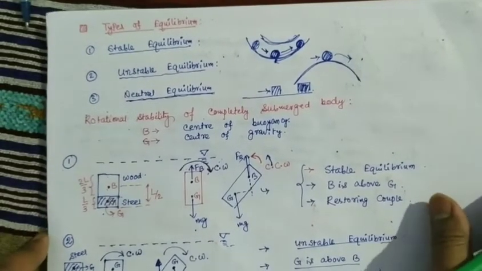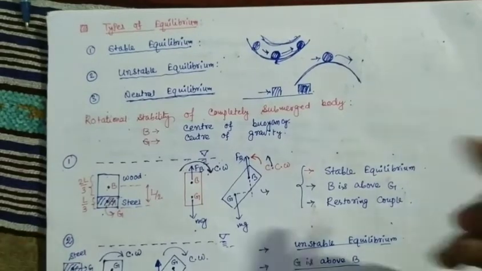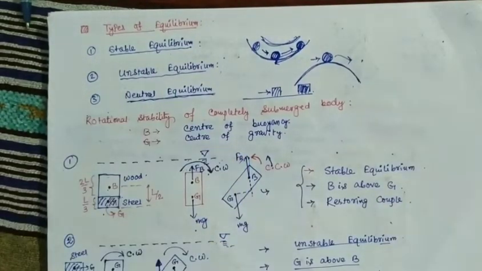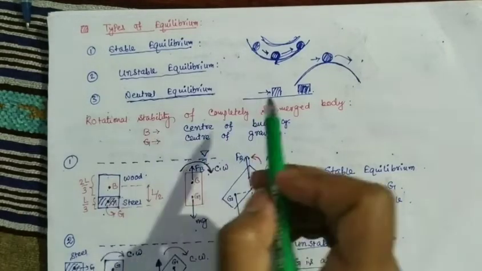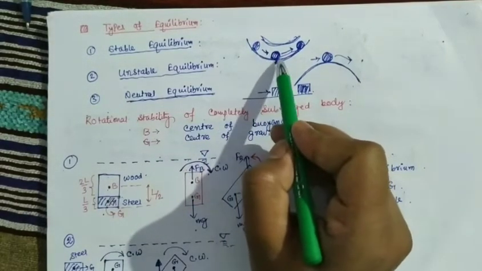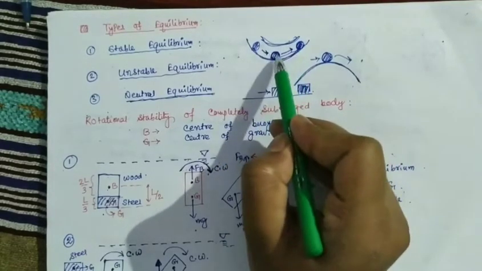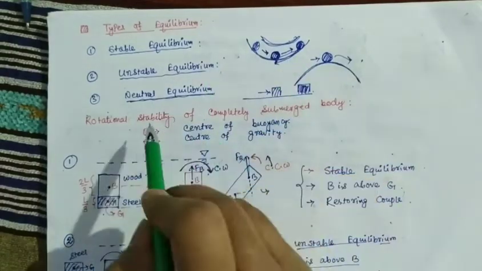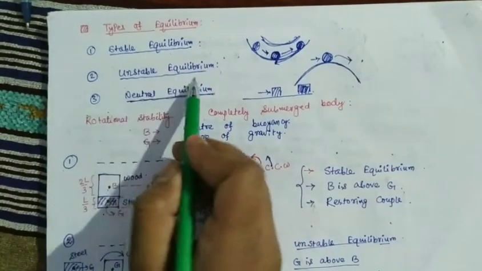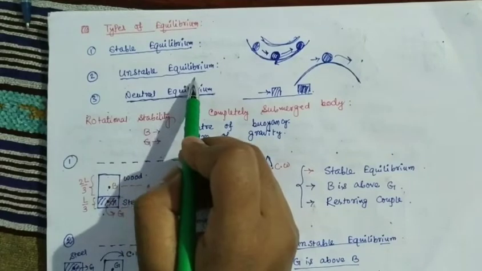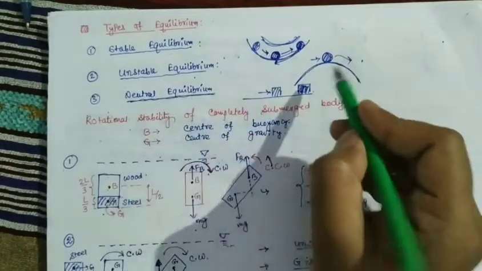Now I am going to discuss types of equilibrium. First, stable equilibrium. What is stable equilibrium? Stable equilibrium is a state in which a body tends to return to its original position after being disturbed. Suppose this is the body and I disturb it, I push the body. After a certain time, the body will regain its original position. This is stable equilibrium. This is a very basic part. Unstable equilibrium. What is unstable equilibrium? A state of equilibrium in which a small disturbance will produce a large change.